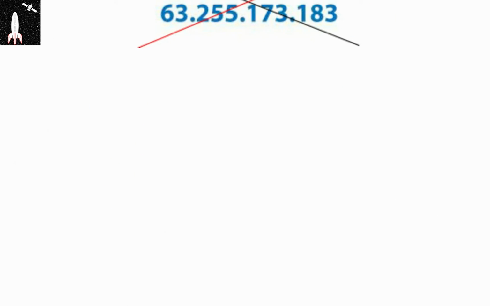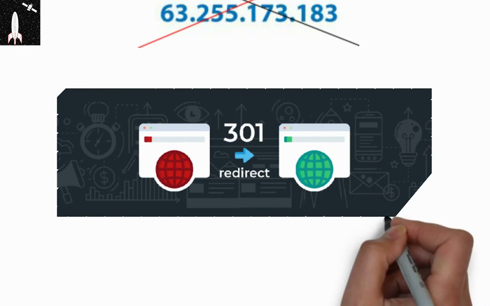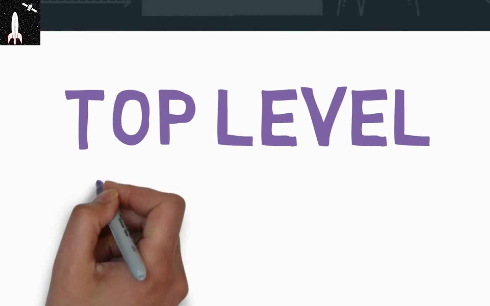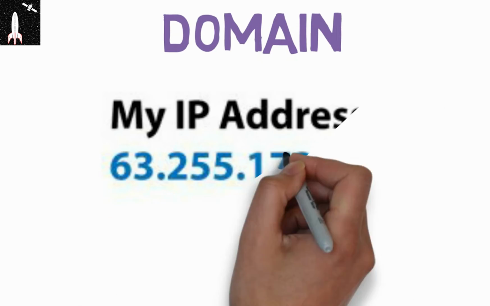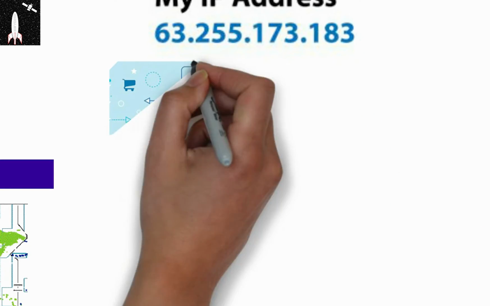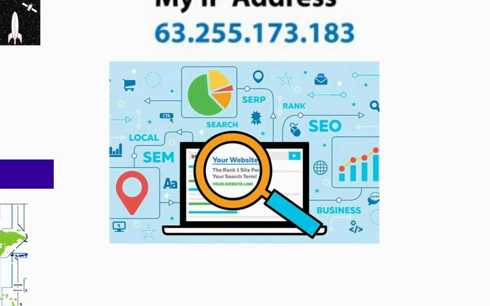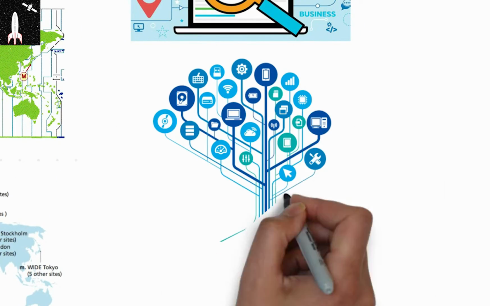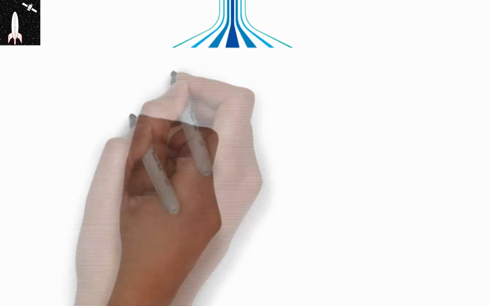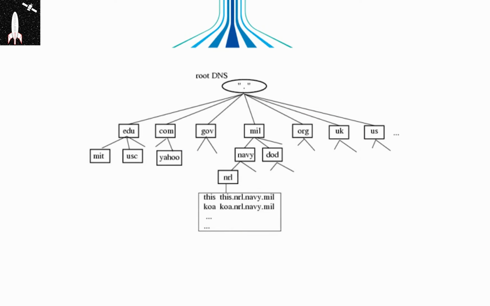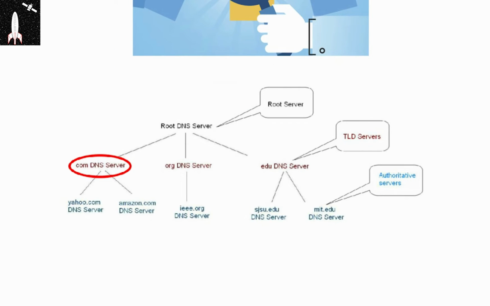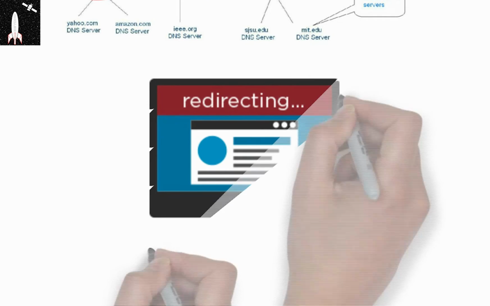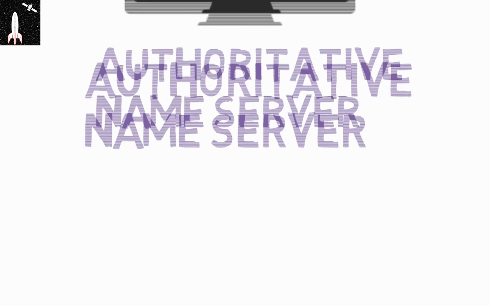Now once the root server gets the issue, it redirects to the top level domain, TLD, by providing its IP address. Now the resolver will check with the TLD for the IP address. The TLD will have information of the top level domains such as the websites that end with .com, .org, .net and so on. Now this TLD will only see whether the website that the user needs has any one of the above. If so, it will be redirected to the final level, which is known as the Authoritative Name Server